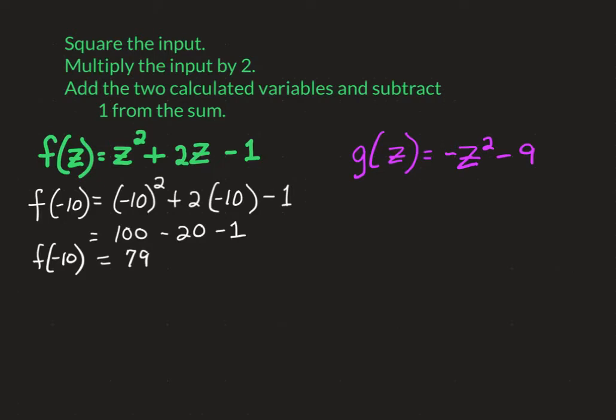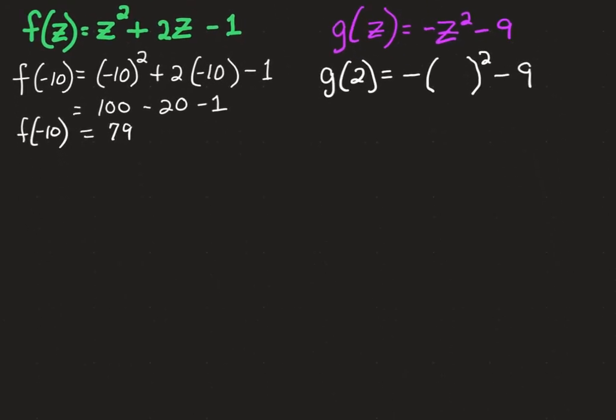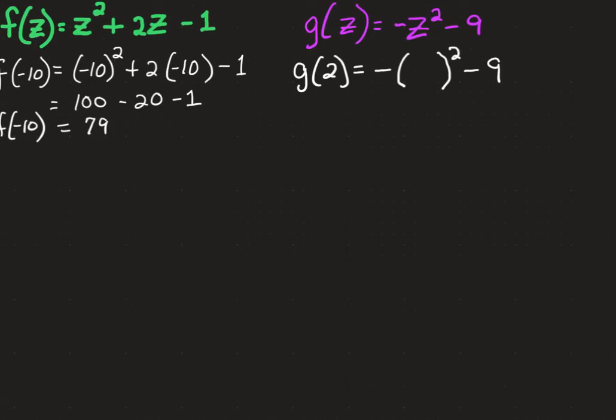Let's start with 2, a simple one. So notice that we have a negative here. Then we have our z, which is squared, minus 9. Okay, so now I'm going to do something I will do throughout the semester, which is to take a break from the problem. All right, we will get back to that, but I want to point out something very important,